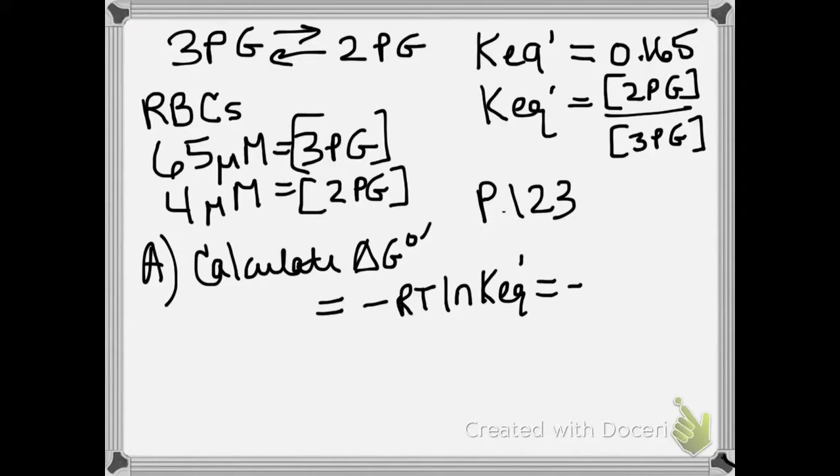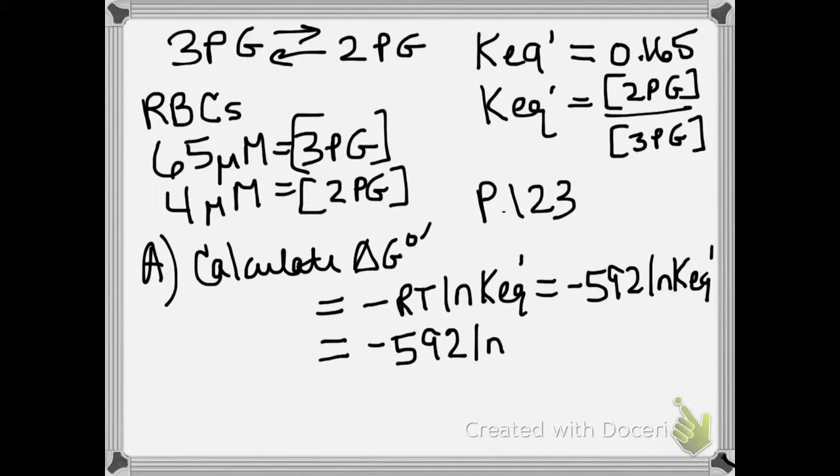And this collapses to minus 592 times the natural log of the equilibrium constant. We can use this equation to calculate for this example what the standard free energy change is. In this case, minus 592 times the natural log of 0.165. All right? And ultimately,